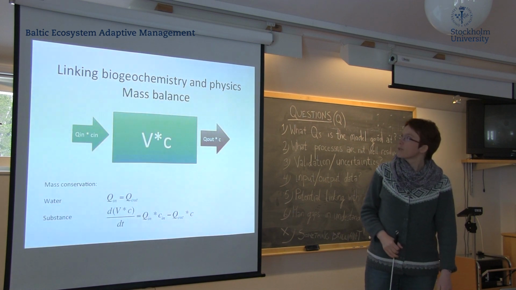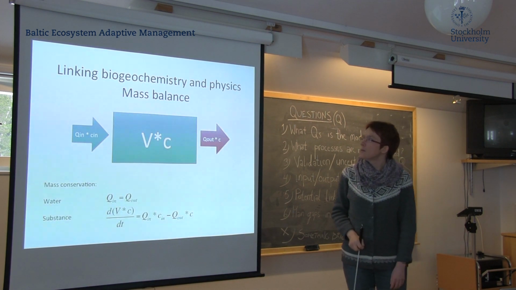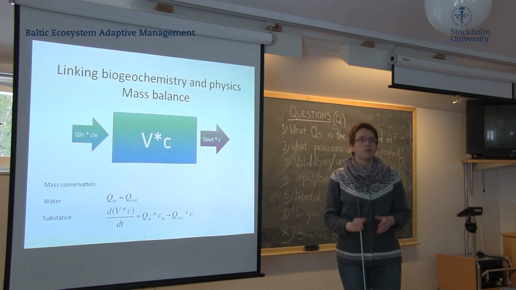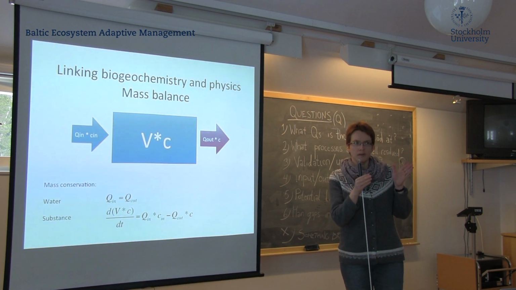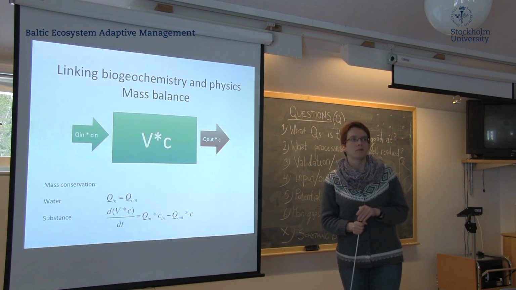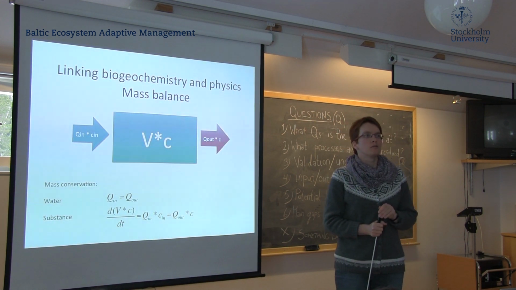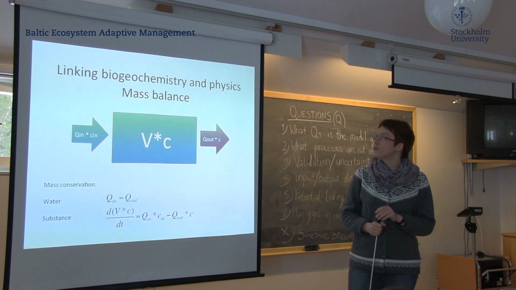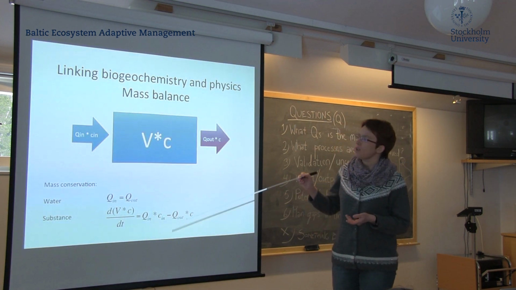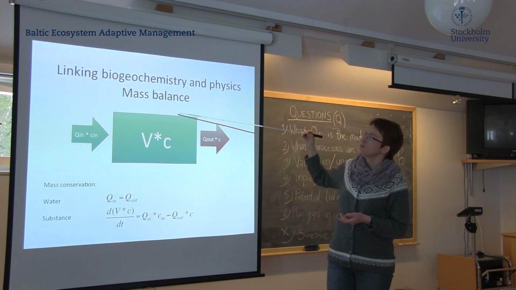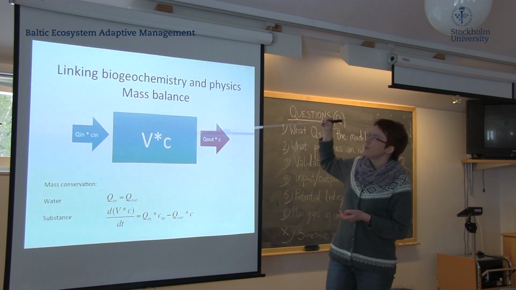How do you link? So basically, and this is the same for our sort of layer basin box model type, and this is also a little bit how the grid points in Marcus' model perhaps work. Basically what you do, you model a mass balance. So if you think about your model layers as little boxes,